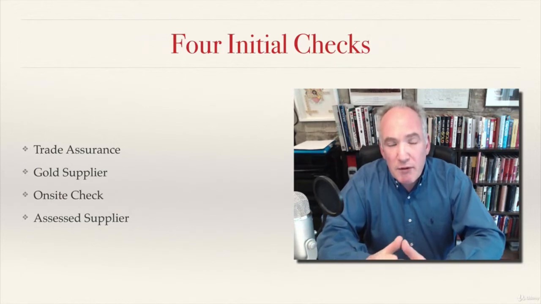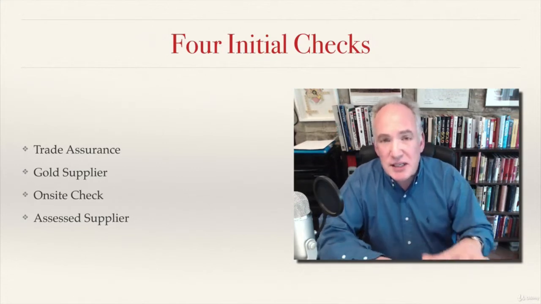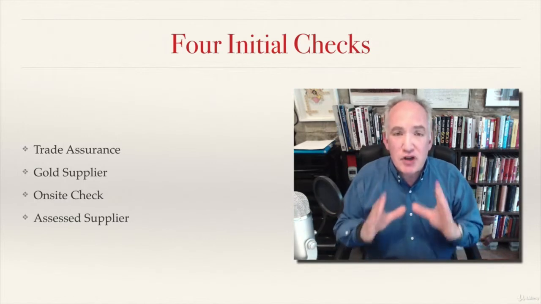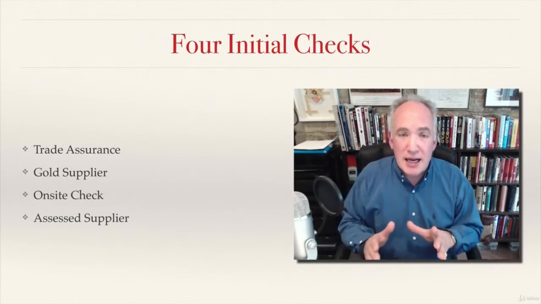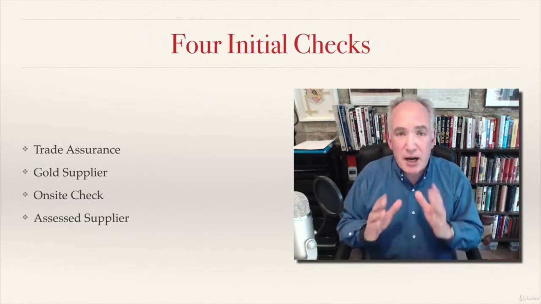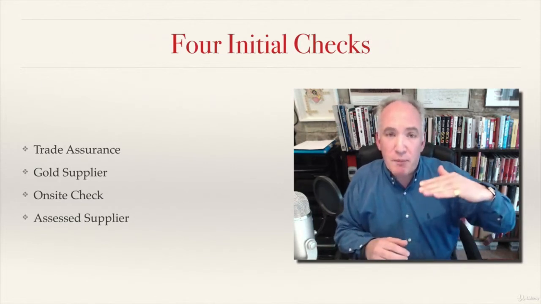To start with, what I recommend you do is that you only look at suppliers that fulfill 4 key criteria: that they offer trade assurance, that they're a gold supplier, that they have an on-site check completed, and that they are an assessed supplier. And all this is doing is basically saying they are in the top category of Alibaba suppliers. So you're eliminating a whole load of risk by only dealing with the people who have passed the most